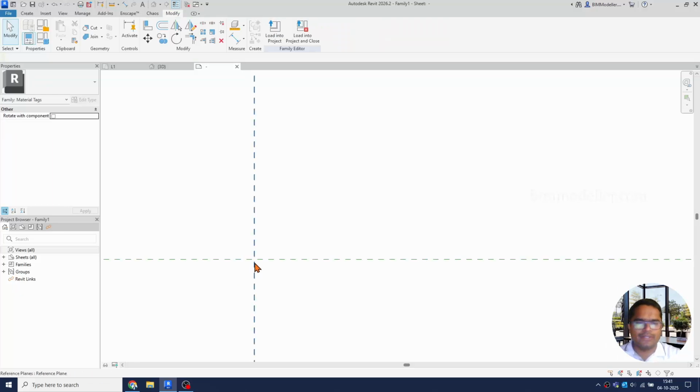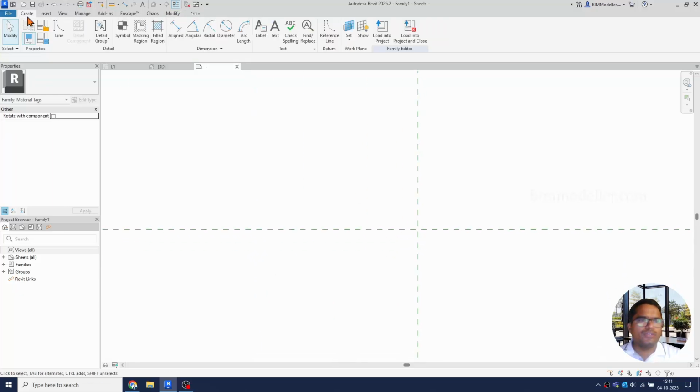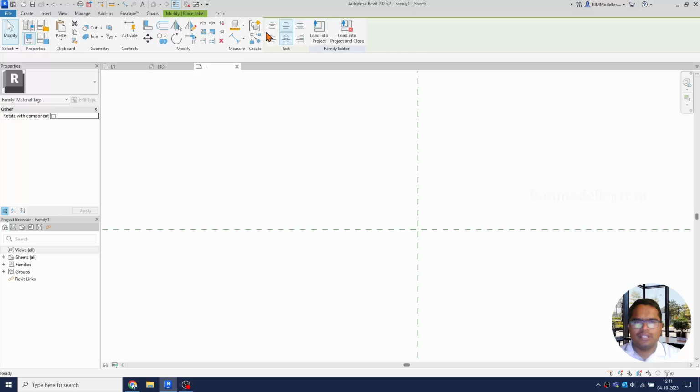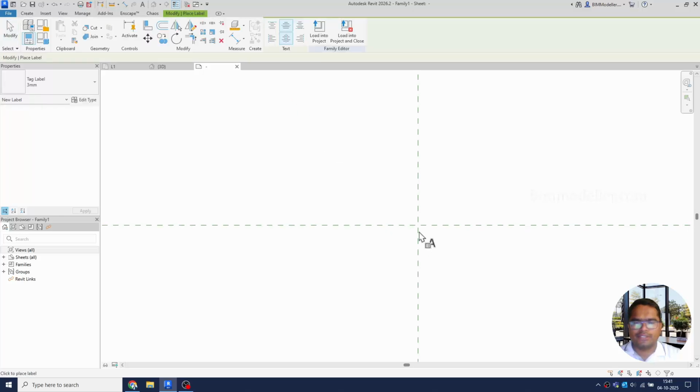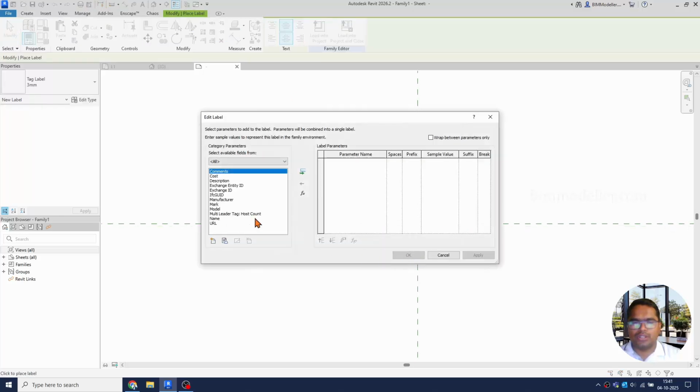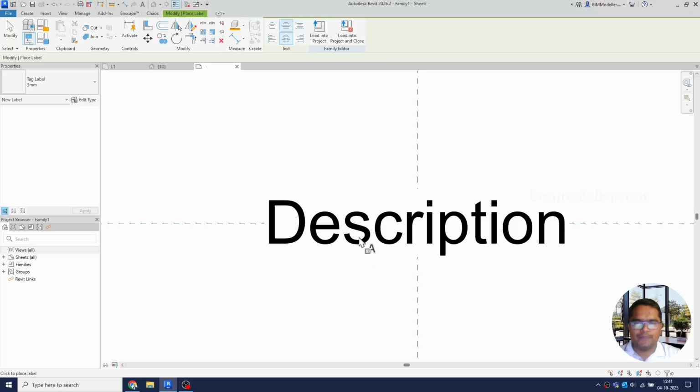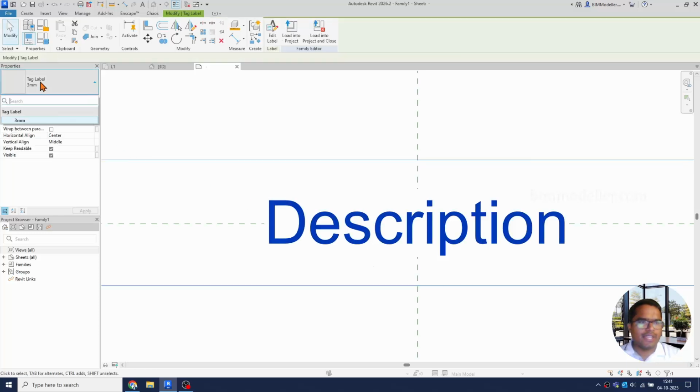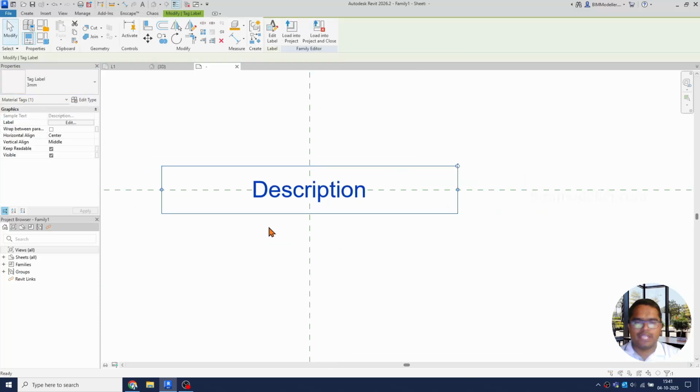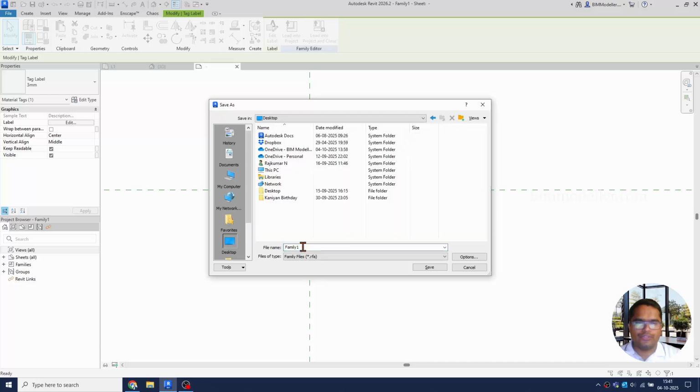So this is going to be the insertion point, and we can go ahead and create the label, which, if you know AutoCAD, is like an attribute in AutoCAD. So we're going to add the description of the material that we need and select OK, and select the text size that you need and save the new family as material tag